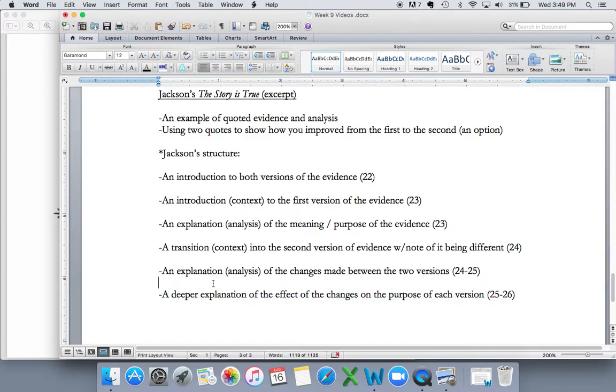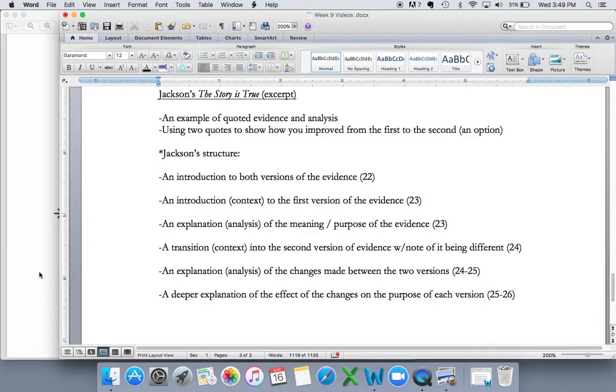You might want to screenshot this while it's here, so that as you go back and reread Jackson, you can look at each section and where he's doing this. So I'll give you one second to take a screenshot, and then we'll move on and work through his draft and see where this is happening.